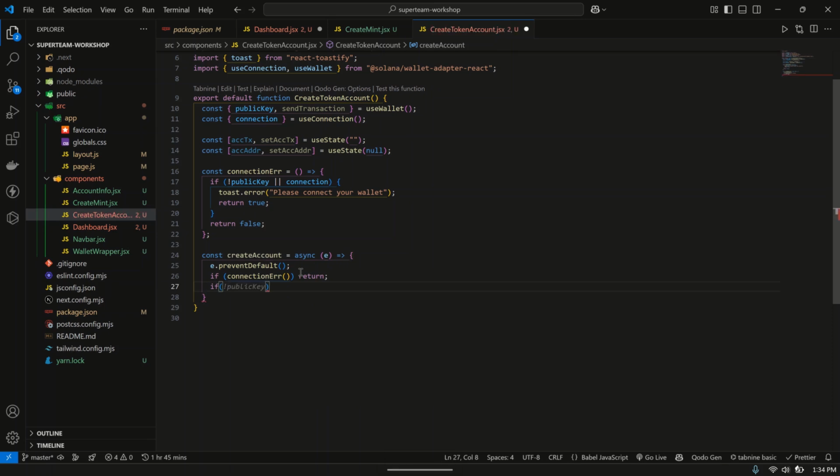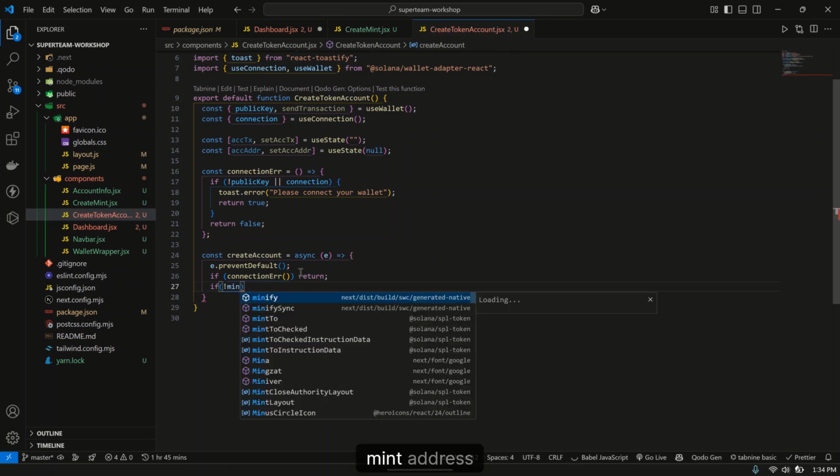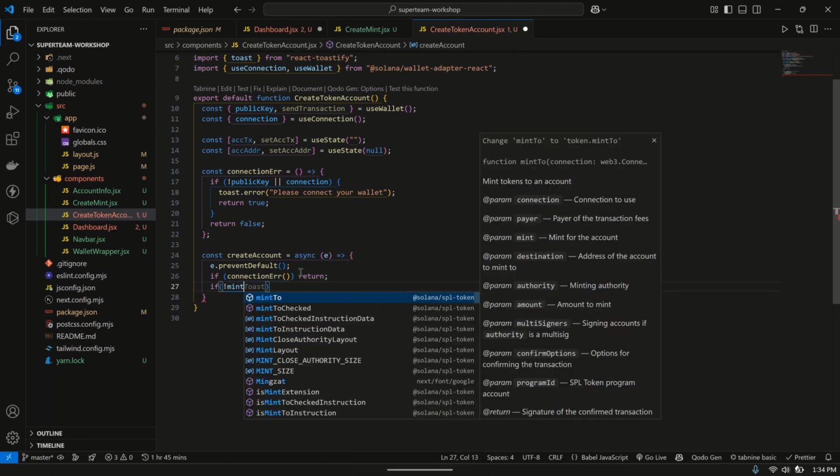If also there is no mint address, because we want to link this up with our create mint function. So now when we